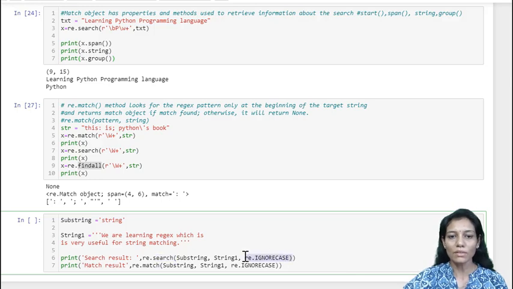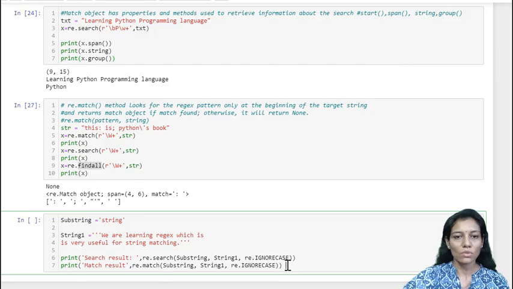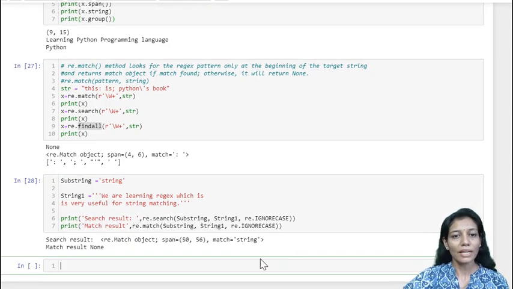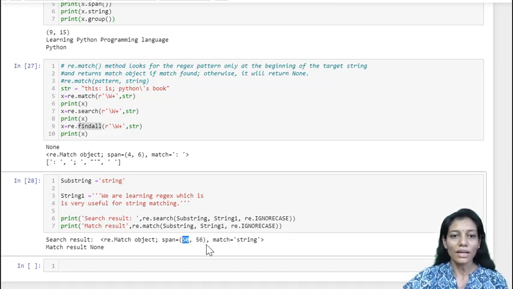So this is the flag we can specify in order to ignore the case, both in case of match and search. So now here match also is given the same parameters, but we'll see the output and we'll try to understand the difference. So here I have executed, and as we can see what is returned by search is a match object which says that the pattern has matched at the 58th location, that is where the string is found.